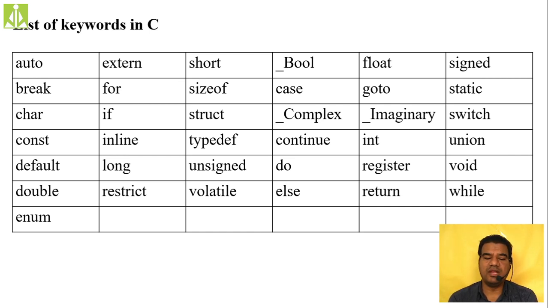Okay, if you are familiar with all these keywords we are using over here, assume that 70 to 80% of understanding the C language job is almost over. The rest of the 20% I have given to the logic framing, coding, and other stuff. So this is the major thing we have in C programming.